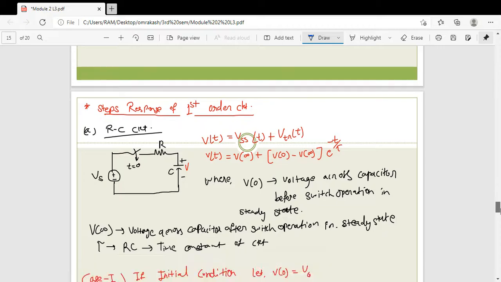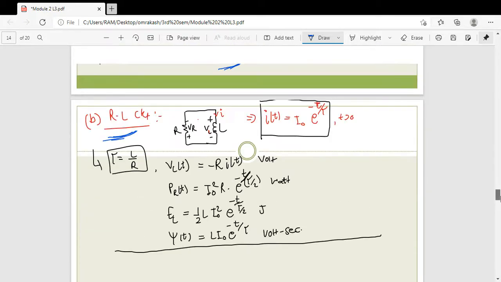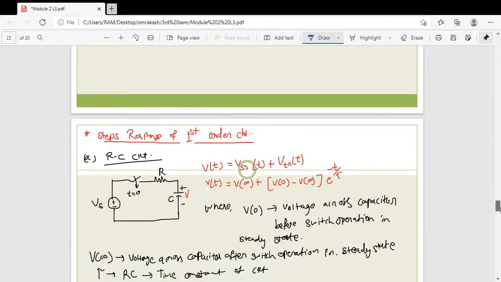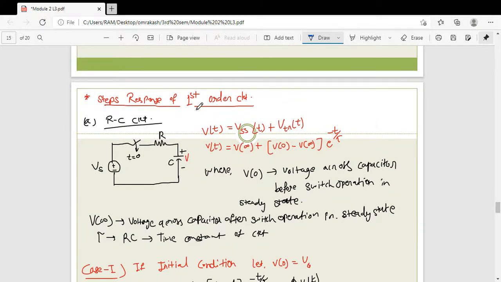Now, this is a first order circuit, right, with source free response. Another is the first order circuit with source response. Source is present. In the first condition, the source is removed, but in the second condition, the source is added to the circuit. Now, in this condition, your voltage equation changes. Now see, this is the same RC circuit. What is the state variable here? Voltage, right? Because C is present. So you have to calculate the equation for voltage. So what is V of t?